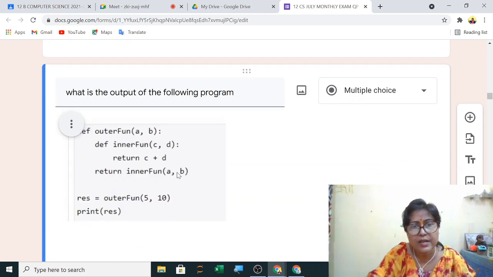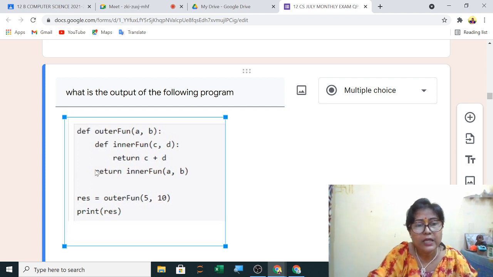So 5 and 10, and it is returning c plus d. 5 plus 10 is 15. So 15 it is returning. Yes. Now here this return inner function is a part of outer function. It is in the block of outer function.